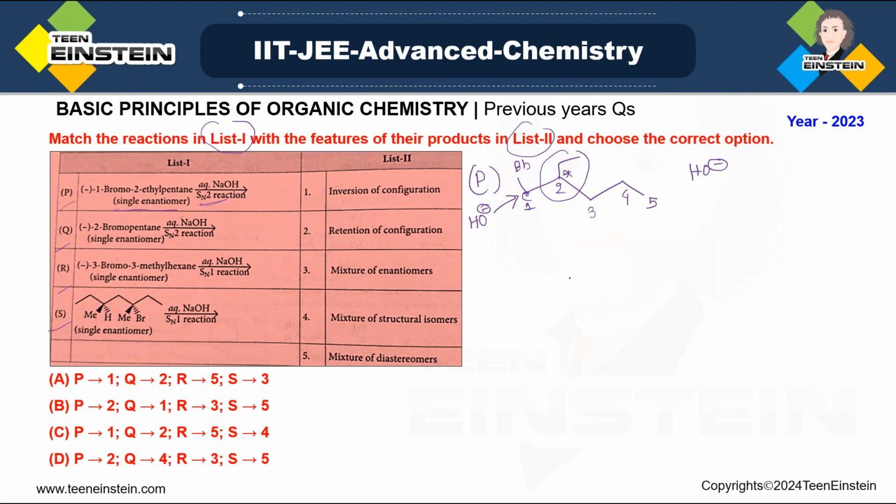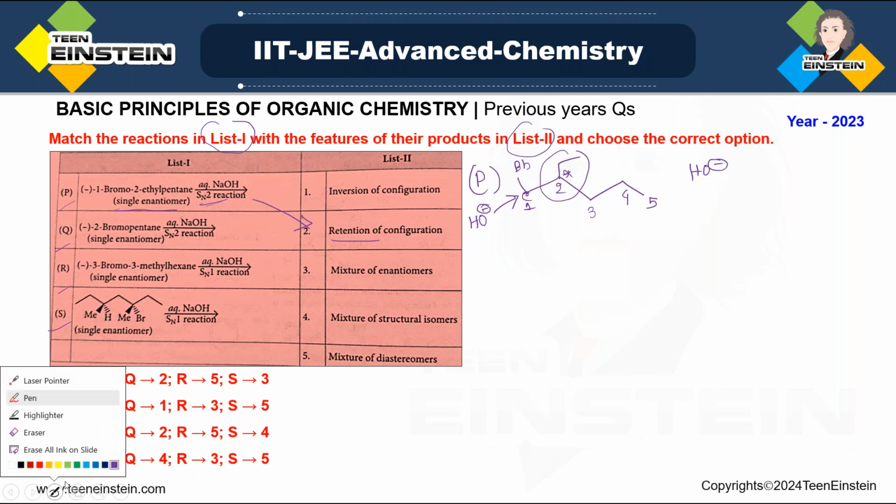So here the question of inversion, which normally happens in case of SN2, does not arise. So here retention will be present. That means P is matching with 2. What about the next one? In the next one, which is Q,